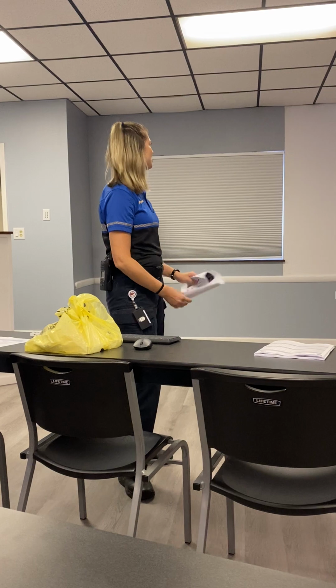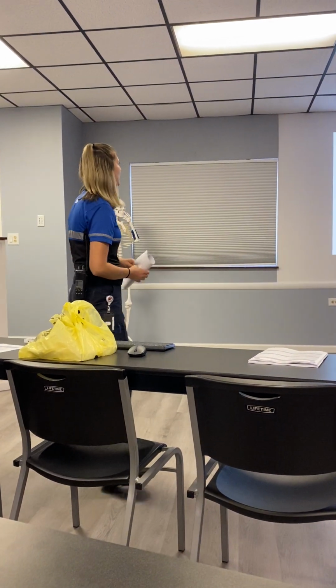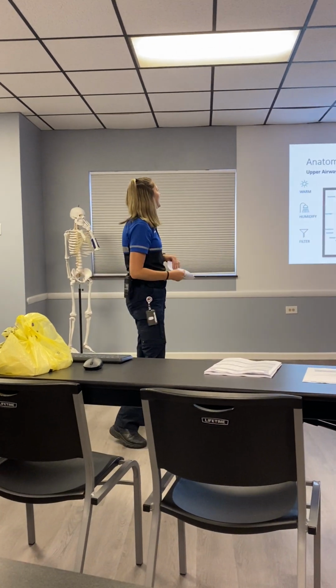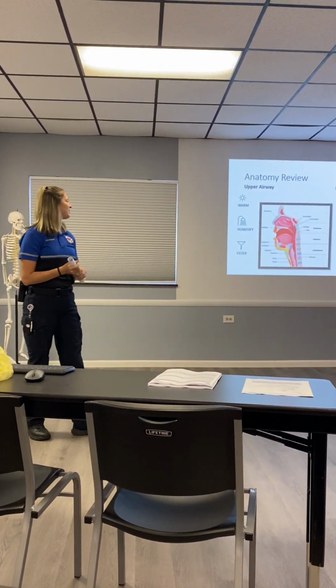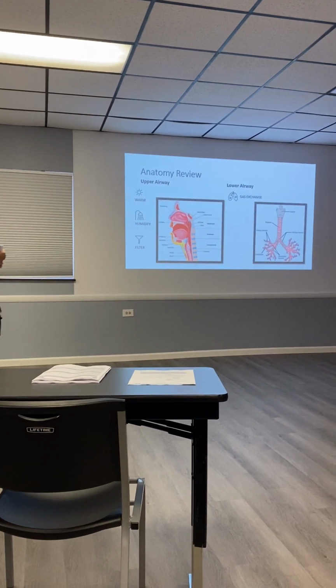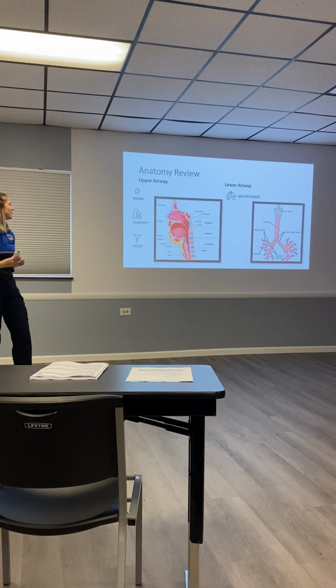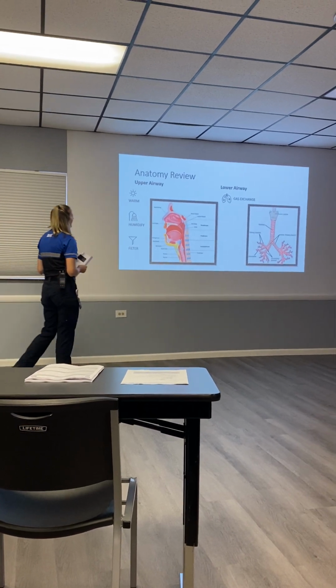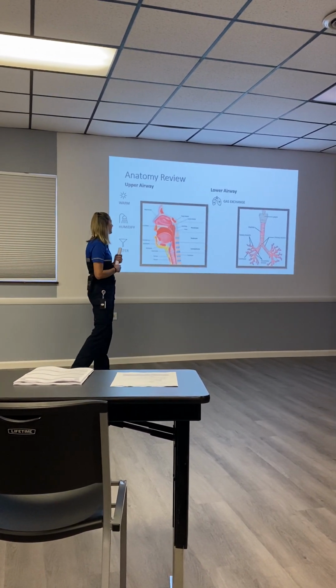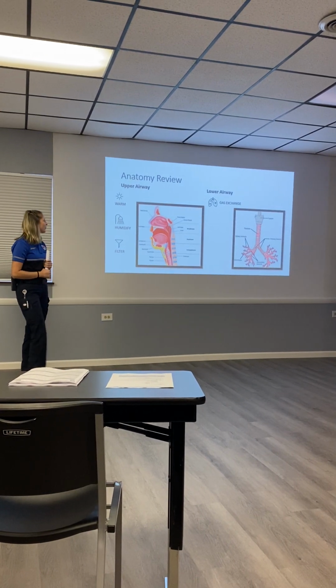So just to go ahead and start with a review of the anatomy, we got our upper and lower airway. So upper airway, the main functions of that is to warm, humidify, and filter. And then as we move into the lower airway, that's where we have gas exchange that occurs. So upper airway has our nasopharynx, oropharynx, and laryngopharynx, and then it turns into the lower airway at the glottic